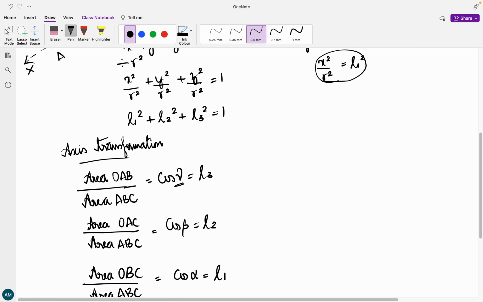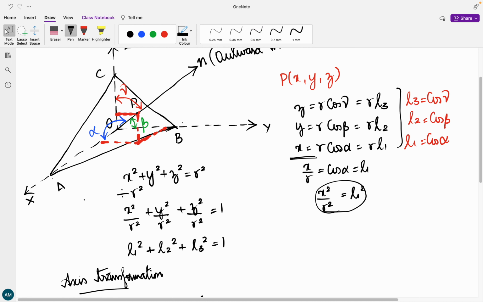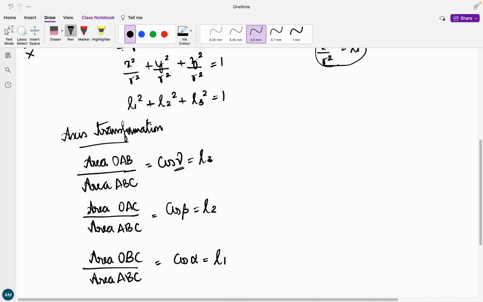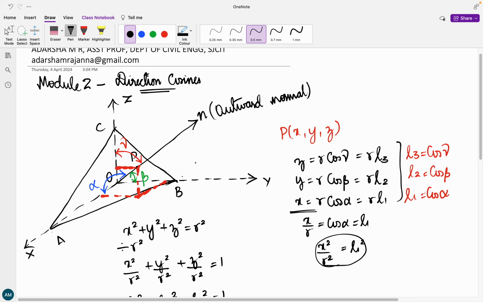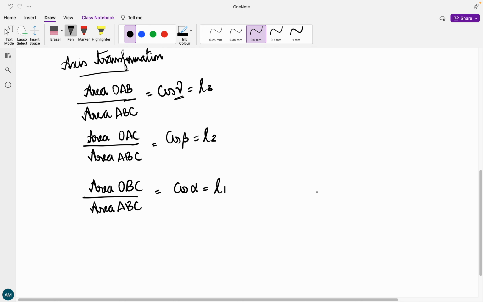Okay, beta is the angle inclined by the y-axis and the outward normal. So the other two planes are OAC. The last one, alpha, is the angle inclined by the x-axis and the outward normal. So it is the YZ plane, that is nothing but OCB or OBC. Alright. Then let us consider